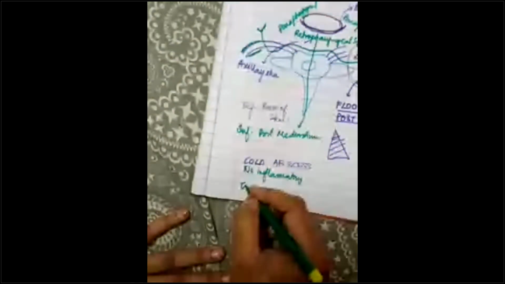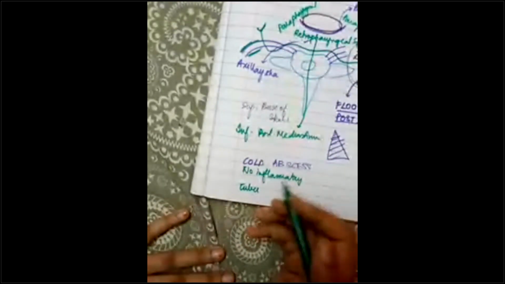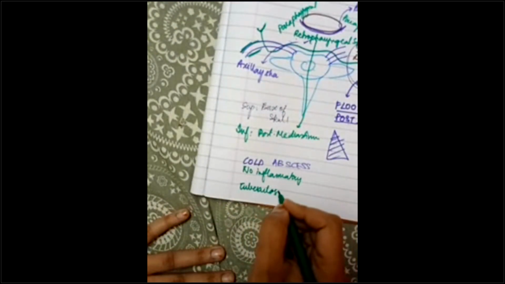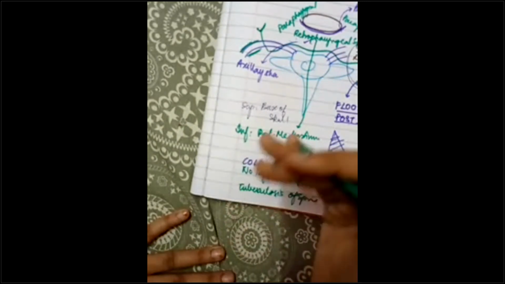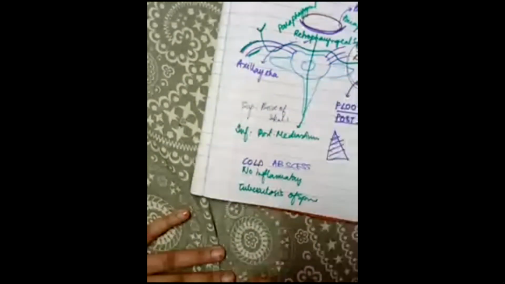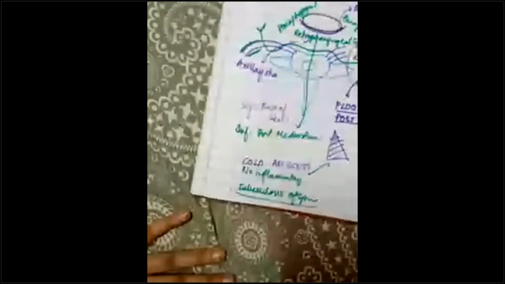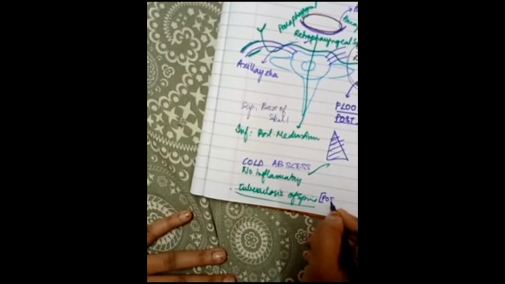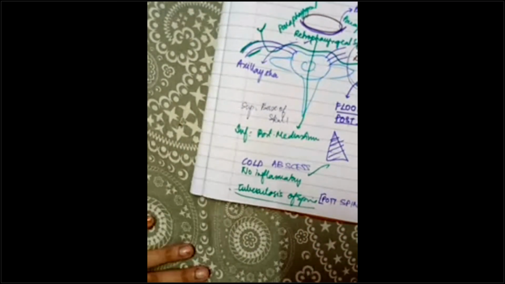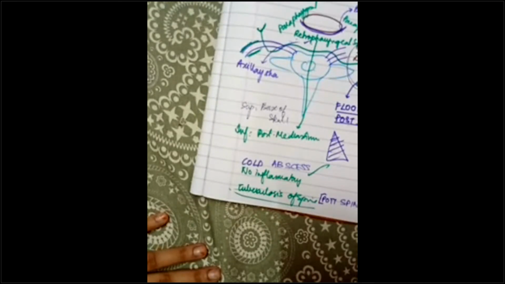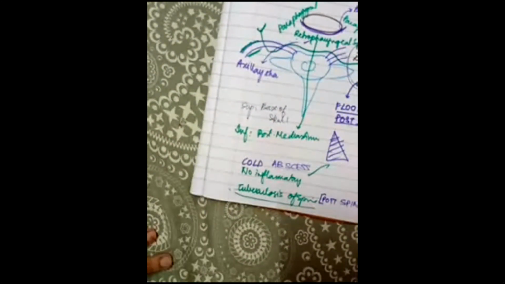Tuberculosis of the spine, what we say Pott's spine, spreads the infection into the retropharyngeal space, and from there it can go to your mediastinum, it can go to your axilla. This cold abscess is spread. One of the conditions causing this is tuberculosis of spine, which is also called Pott's spine. This is there, and what more about that? Buccopharyngeal, this much only.